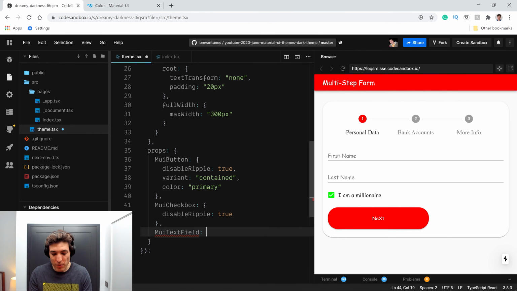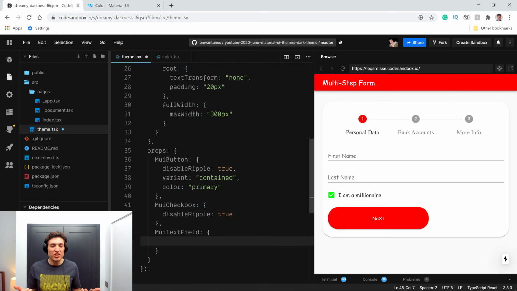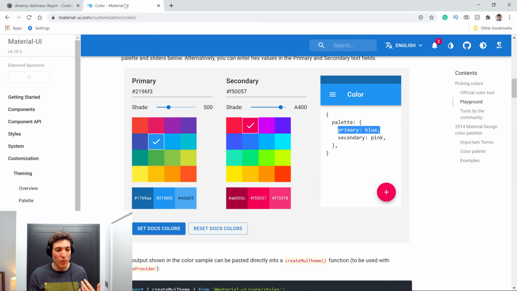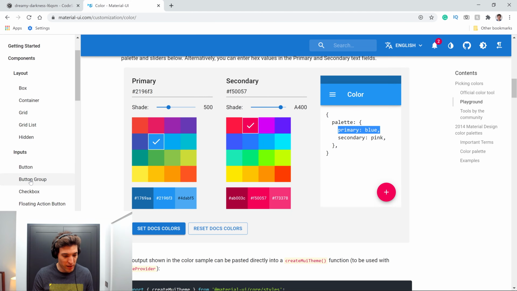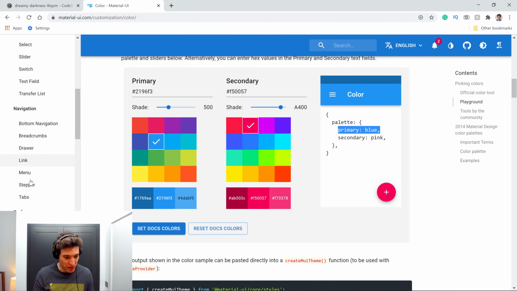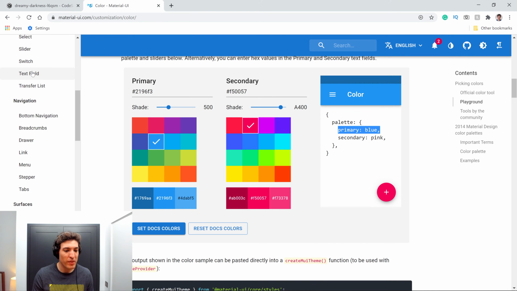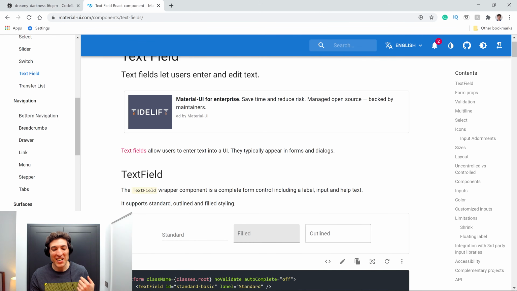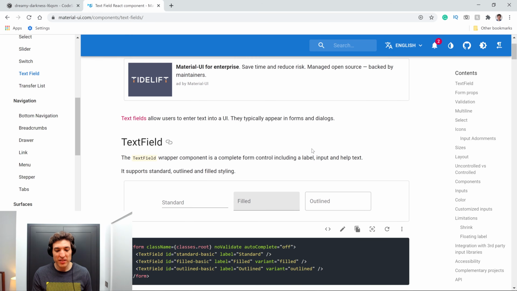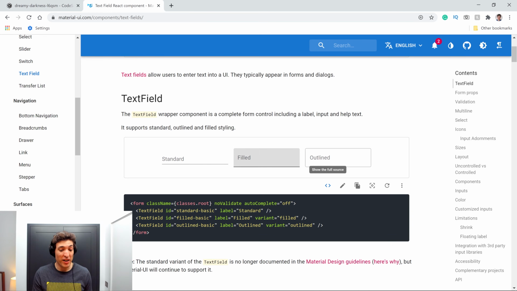And in the MUI text field, you can disable the animations in a really easy way. So let's go to the Material UI documentation. And when we open components, we can go to the text field, right? So over here at the bottom, we have the text field. Where is the text field? It's here. And when you open the text field, all right, basically, oh, my computer is so slow. Basically, in the text field over here, you will see that some of them are, for example, this one, but this one still has animation.